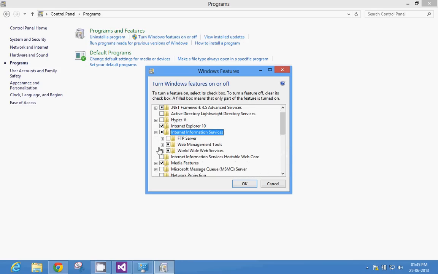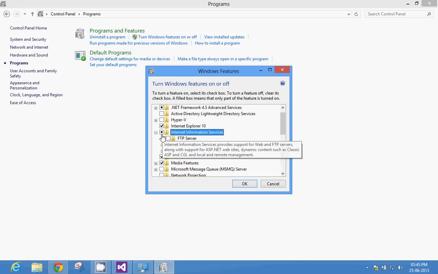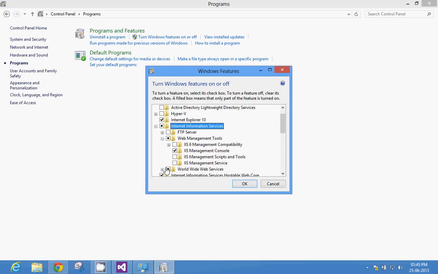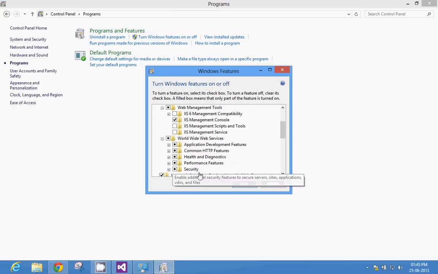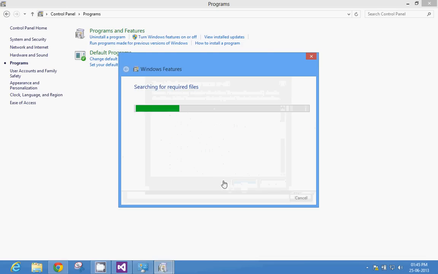I don't need it. Hostable Web Core, I'm just checking this. IIS services and Internet Information Services Hostable Web Core. Rest, I think everything should be there. Let's turn on everything. Okay, and it will enable the IIS right away, and then we'll have to restart the